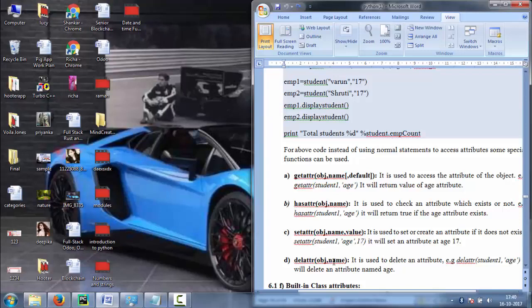It returns a boolean value. If it exists, then it will return true, and if it does not exist, it will return false.